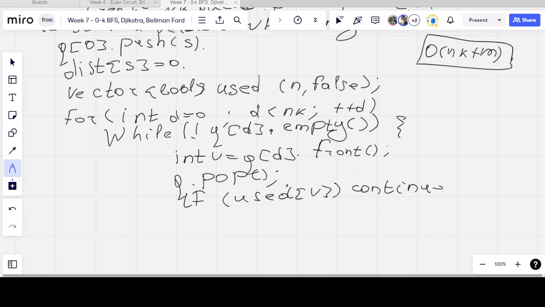We don't need to consider this vertex again before we